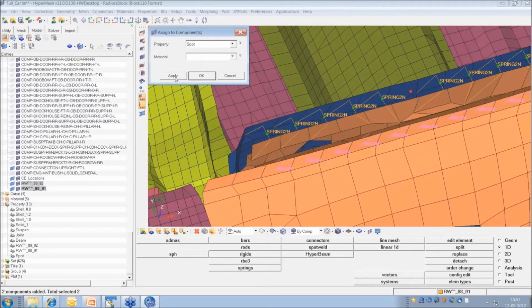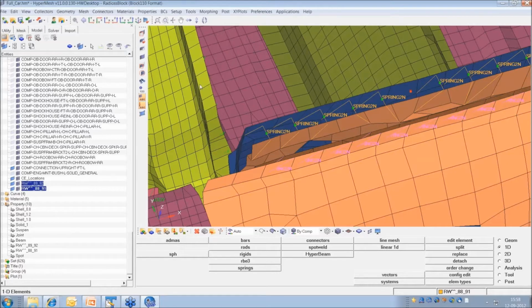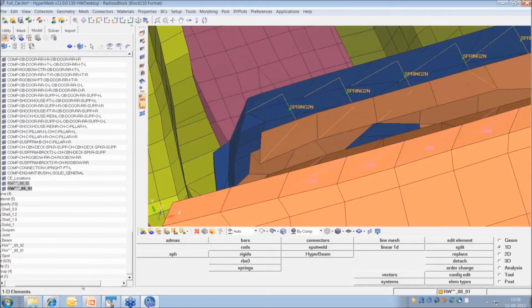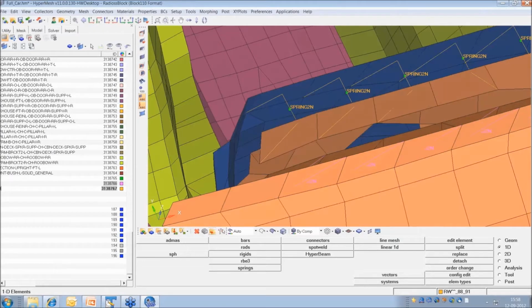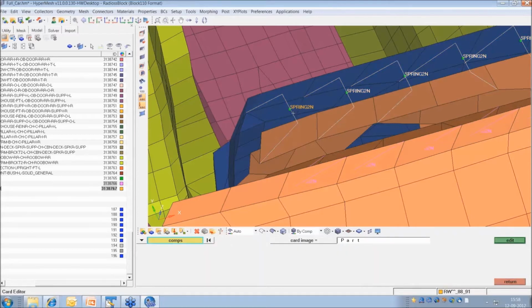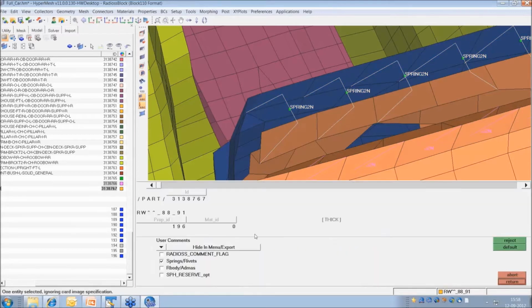Spot. Apply. Okay. I just want to ensure that my spot is coming with an ID of 196. So card image, edit. Property 196. Fine.